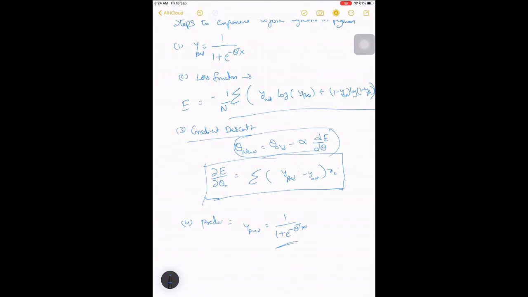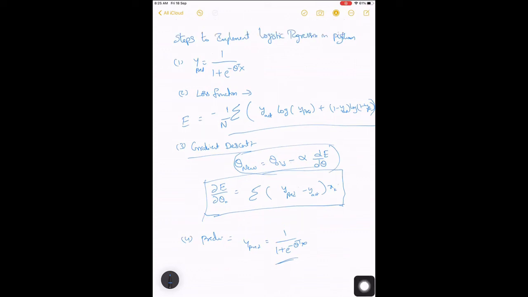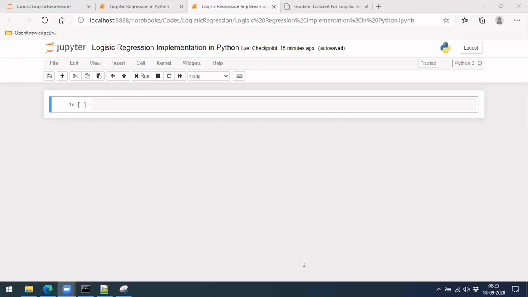I'll have this as reference. Let me take a screenshot of this and put it in our notebook itself, so it will be easy for us to refer back to it.